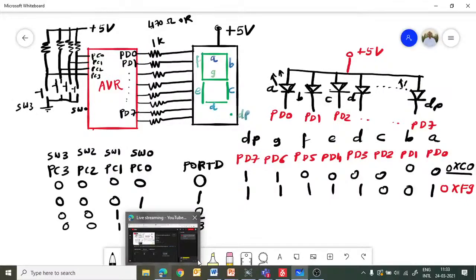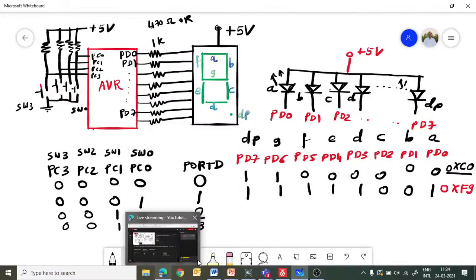So whenever this switch is pressed, switch 0 is pressed, so whenever in this switch arrangement, I will explain you again. Whenever you press the switch, corresponding pin will become 0, and when you do not press the switch, corresponding pin will become 1, because plus 5 will be otherwise given.